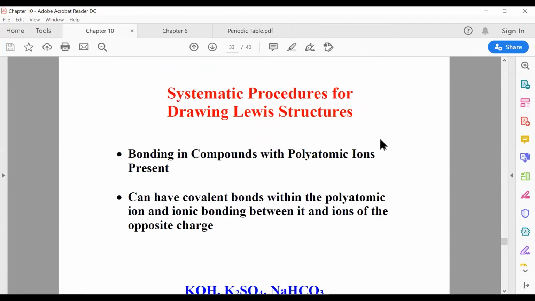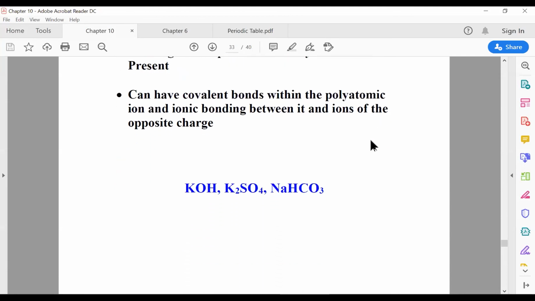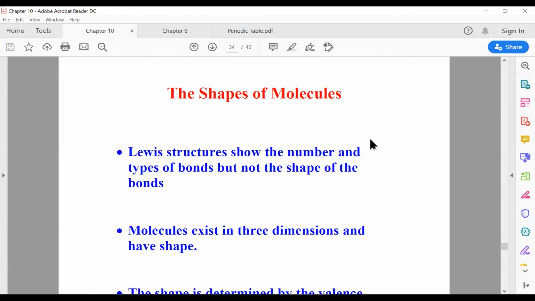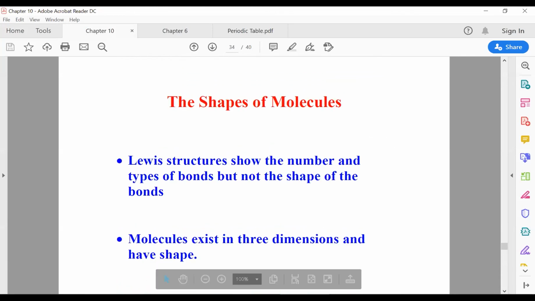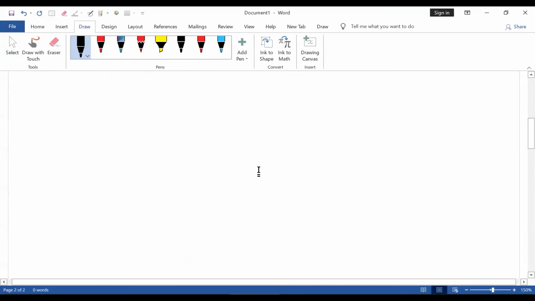And I've done Lewis structures for stuff like this. We did NaOH. All right. One of the things that you should know how to do